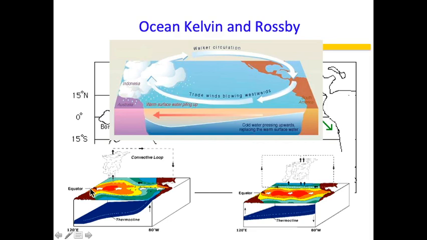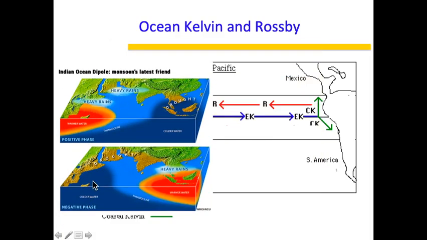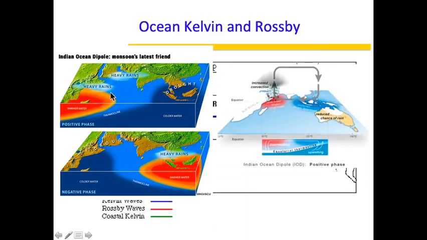because the hot water from here will, using the Kelvin wave, move to the East Pacific, and cold water will move to the West Pacific. Thereby, you will have El Nino like conditions. Same thing with IOD. So if this west water moves to Sumatra, then you will have negative IOD. Okay, that mainly happens because of the Kelvin wave.